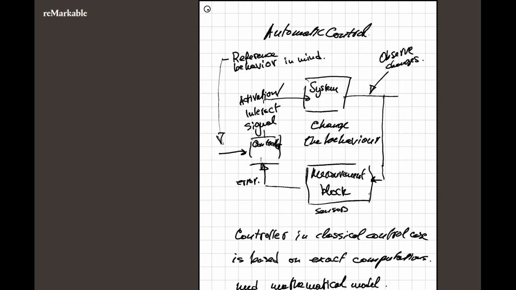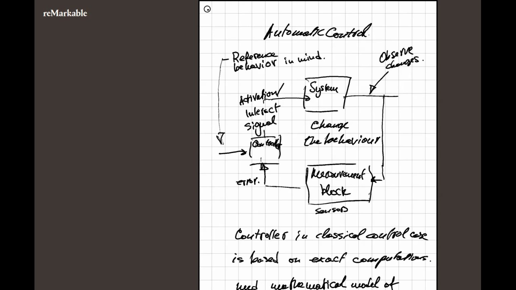And here we are talking about controlling the behavior of a system over time. It means that the mathematical model often comes in the form of differential equations, so how a system reacts in time based on certain inputs. But in general, we are talking about a mathematical model of